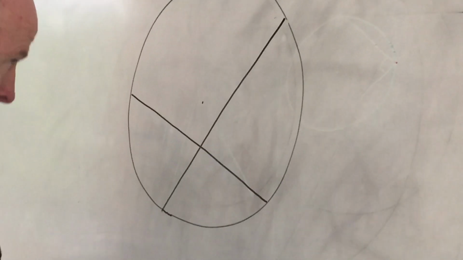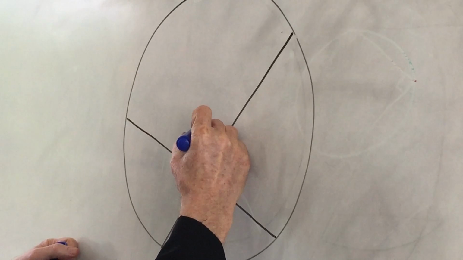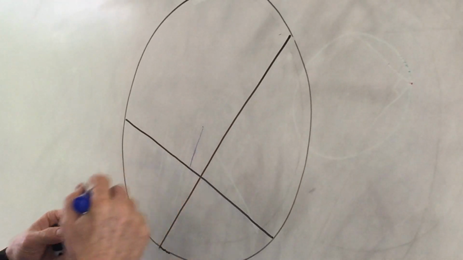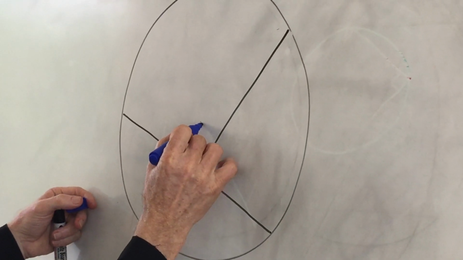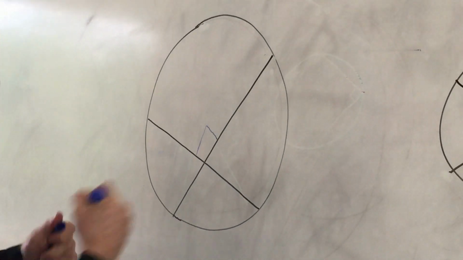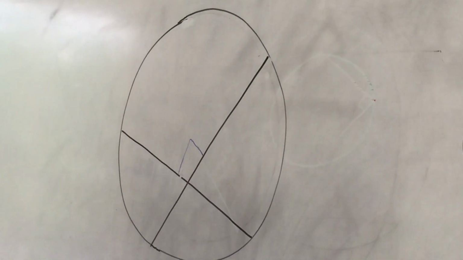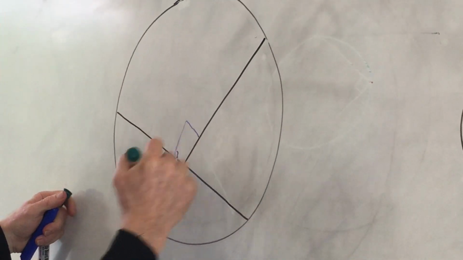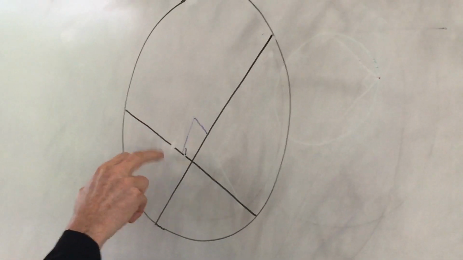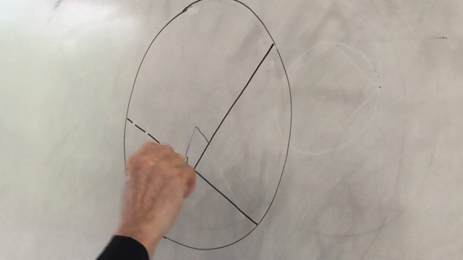Okay, let's drop perpendiculars from the center to the lines. Perpendiculars. Okay. Now we know that if from the center a line is dropped perpendicular to another line, that line dropped perpendicular from the center bisects the line, cuts it in half. So this has been bisected here, and this has been bisected